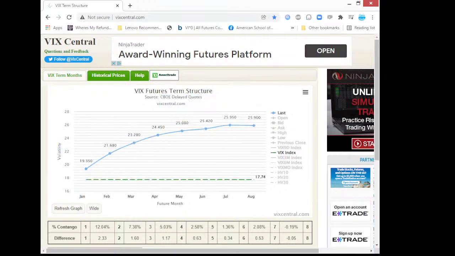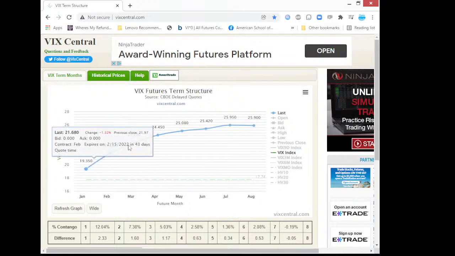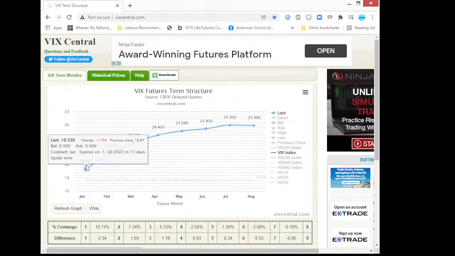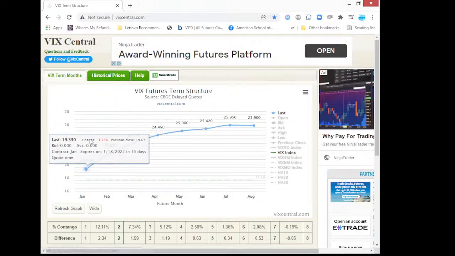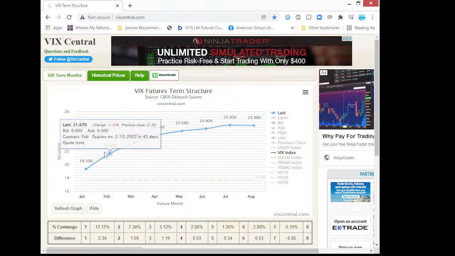VIX options expire every month, and UVXY or VXX are based on an average of these two front months. So when we look at this term structure, the reason we're doing that is because we want to see the shape of the futures. Now, every day, the UVXY and VXX are being based on an index that takes into account the relationship between the two front futures. So when you have a curve like this, which is the normal curve, where the second month future is higher than the first month future,